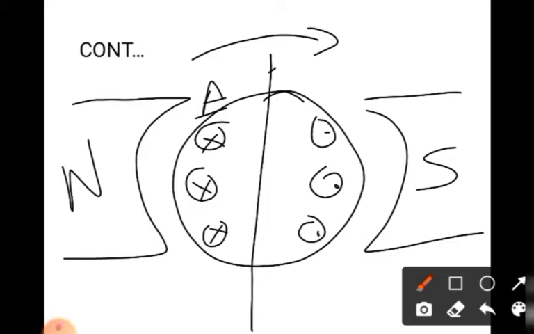But after some time, when it enters the S pole, we require to eliminate the previous polarity. So we require coercive force to cancel out the previous polarities. Therefore, power is wasted in cancelling out the previous polarity. So therefore, hysteresis loss is measured by using this formula, that is